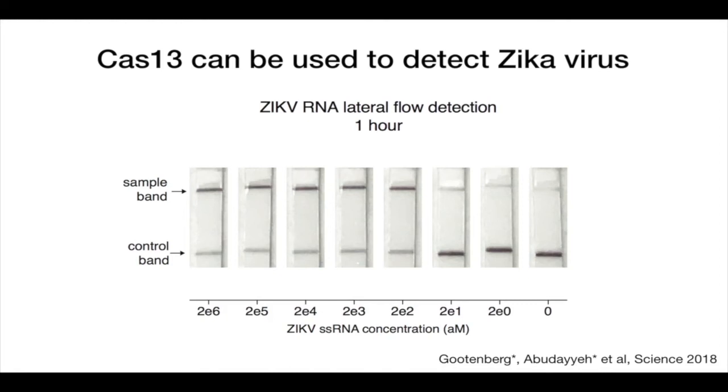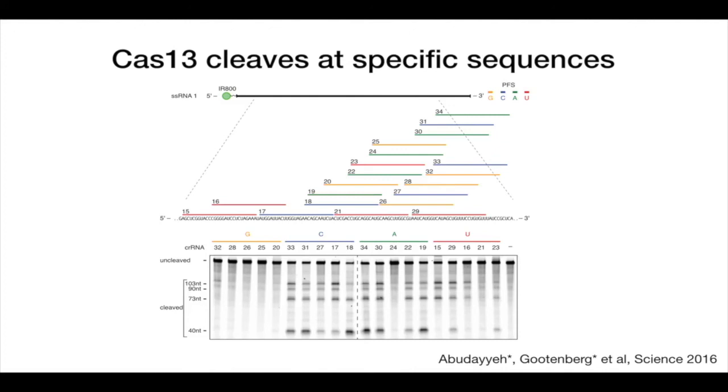So this is all for detecting a single thing, but sometimes you may want to develop a panel if you want to check whether there are multiple different pathogens and which one of them is present in this patient sample. And for that, we went back to the drawing board looking at this gel to think about how to develop a multiplex-based detection assay. If you look at this experiment, this is the guide RNA, this is the target RNA, and you have many different guide RNAs targeting different positions.